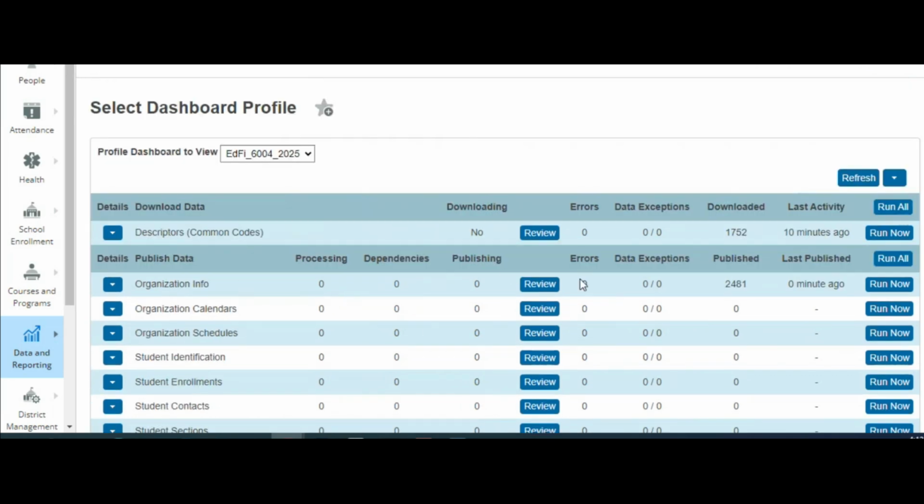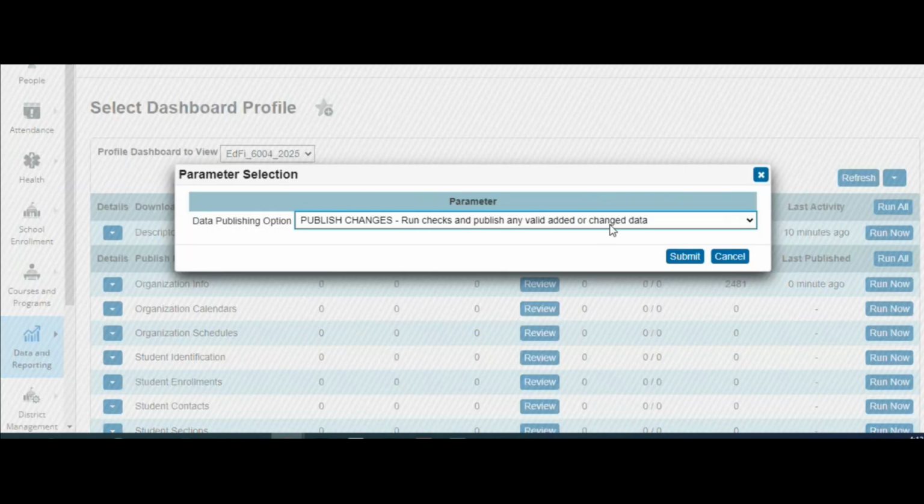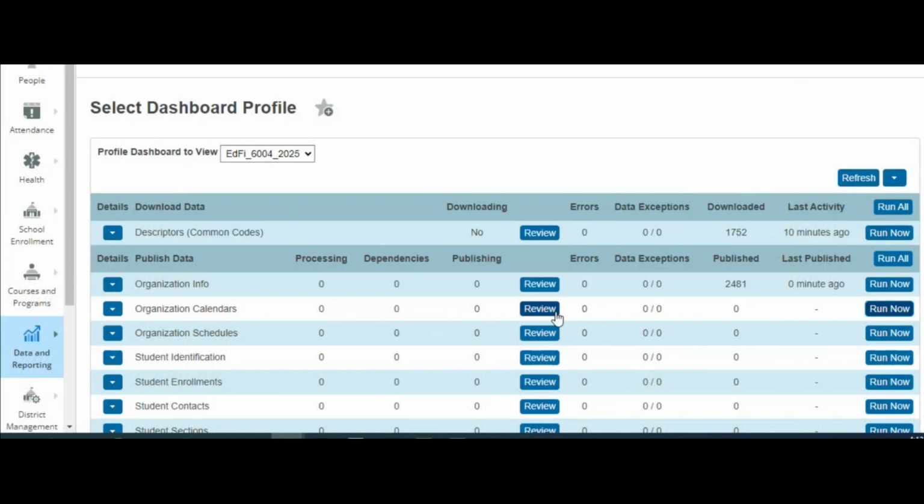So what I'm going to do is just tell you, after having done this first category, you're going to essentially do the same thing with organization calendars. Publishing errors, again, if you have them. By the way, if you have dependencies, so something in this column that sticks, it's a kind of error. It's a little bit different, but it's still a kind of error. So if you needed to, you could always run a publish dependencies to try to push those through. Typically, if you try to work through your errors first, sometimes that automatically will resolve some of your dependencies.